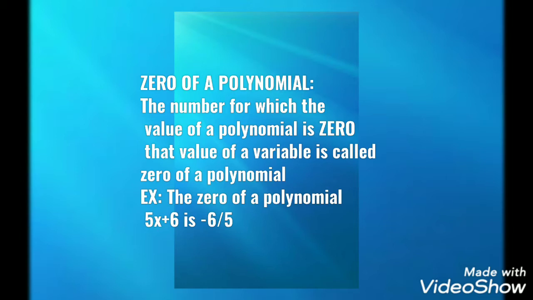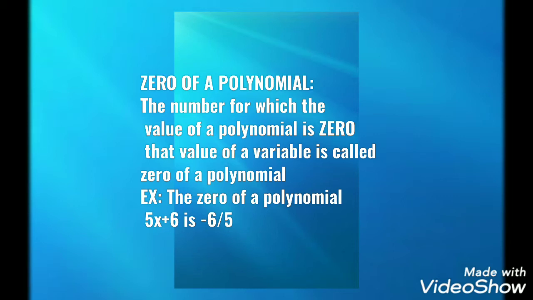What is this? If we need to get the zero of that, it means 5x plus 6 is equal to 0, then what is the value of x? Of course, we know that the value of x is equal to minus 6 by 5. If you put the value of x in that expression, then we will get 0. Are you getting my words? Let's check. If you put x as minus 6 by 5, you get 0. That is called a zero of a polynomial. Is it clear? Next I can clear your doubts with a lot of examples.